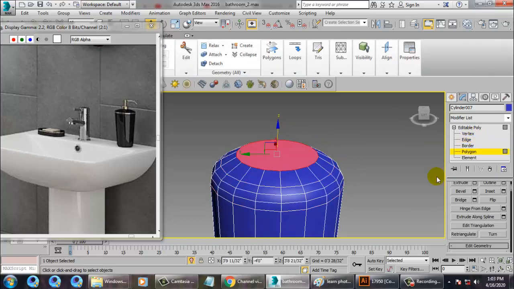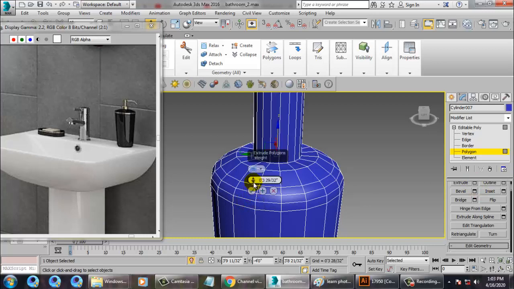Go into this, insert this a bit, extrude a bit, again insert it, and just extrude a bit.